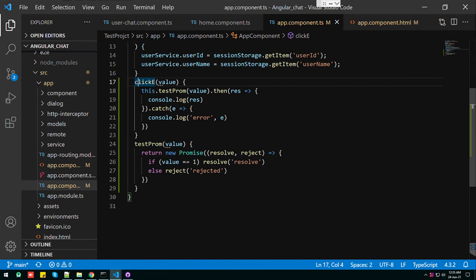You can use this promise function with API calls where you get the response from the backend. So you can decide, on the basis of the response, whether you want to resolve or reject the response which you got from your API call, right, from the backend.